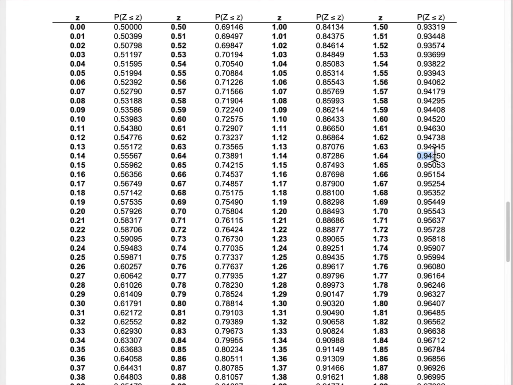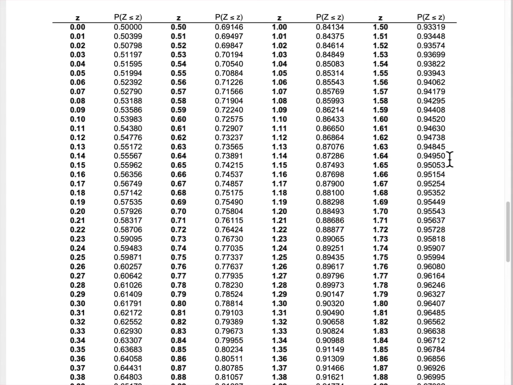And we don't see 0.95 in the table exactly. What we see are two values on either side of 0.95, 0.94950 and 0.95053. The corresponding z values are 1.64 and 1.65. Now, notice that 0.95 is almost, but not quite, exactly in the middle of 0.94950 and 0.95053. And so we could really use either 1.64 or 1.65, but